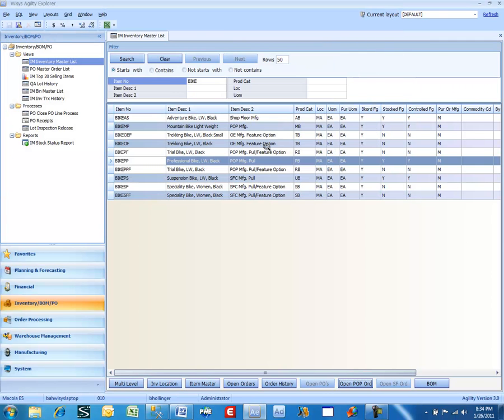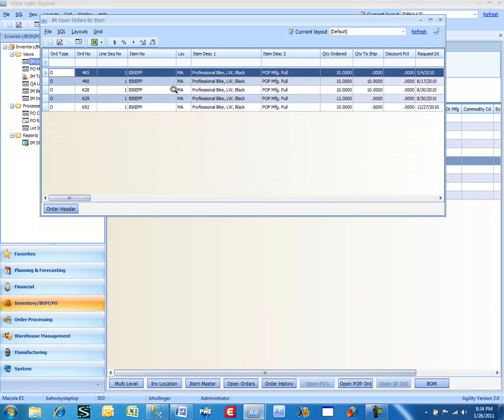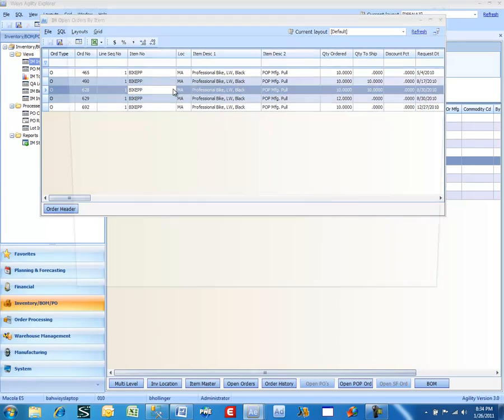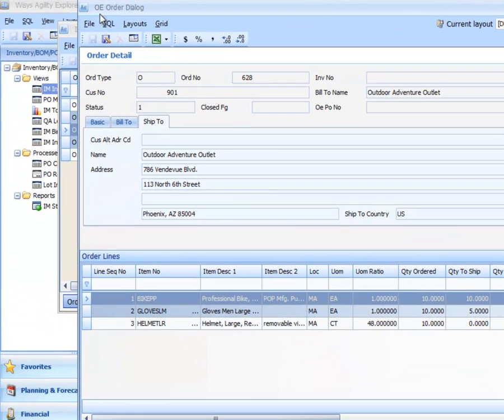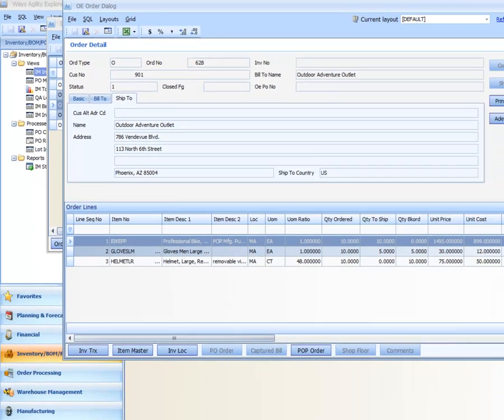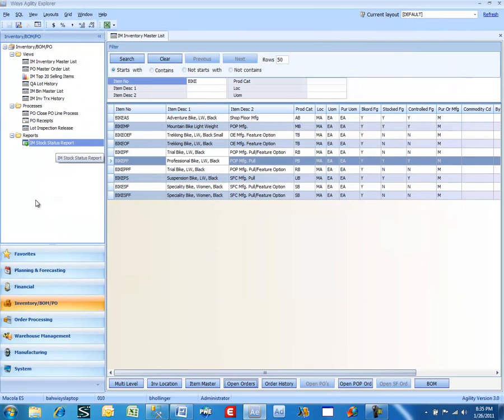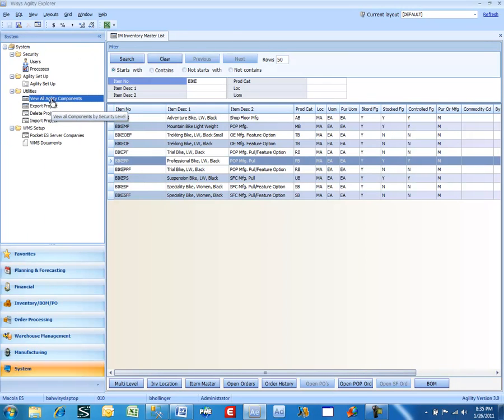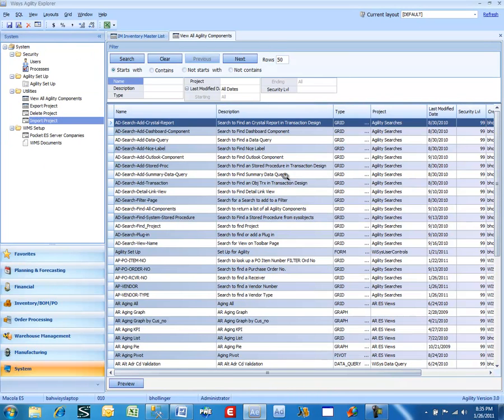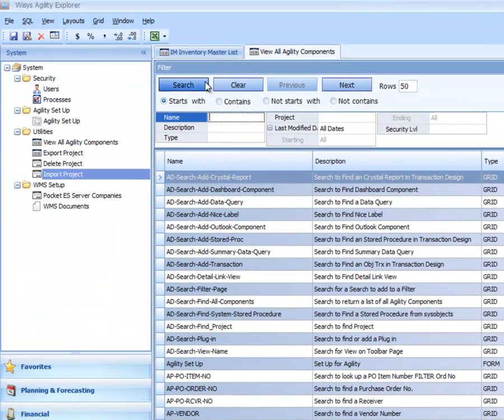Now how do you know how to find these? This is called the IM inventory master list, and if I want to know how to use an open order, and I drill into these open orders, then what I used in the other lesson was the OE order dialog. And the name's always at the top. How do I find these things? Down here under the System tab, you have View All Agility Components. And under Name, I can type in IM Inventory,